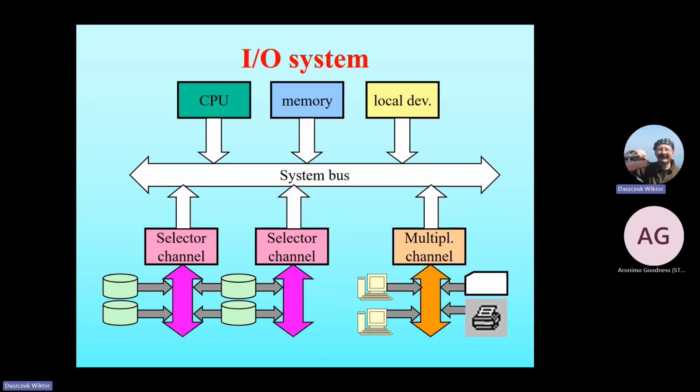It was during my studies. We have a system bus, CPU, memory, devices connected to the CPU directly to the bus, and channels. Selector channels for fast devices like disks or tapes,